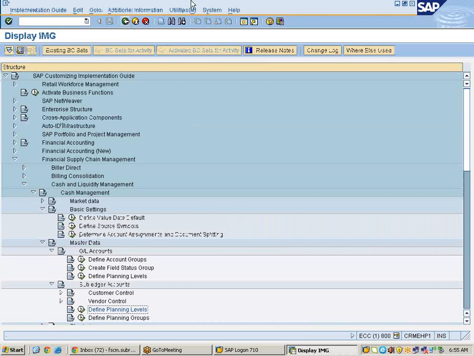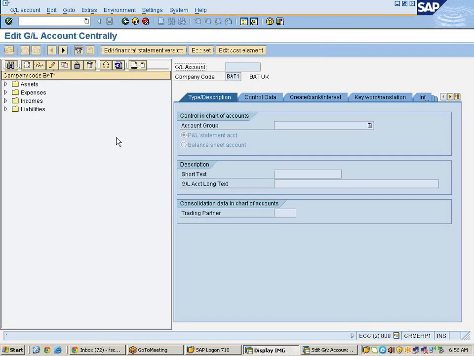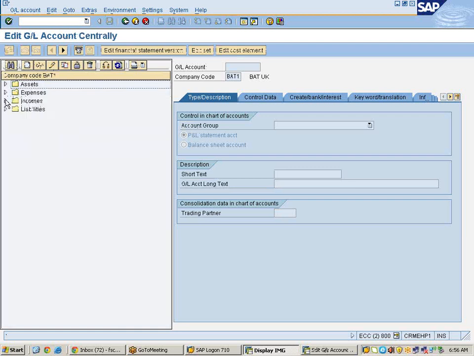Now let us come to the front-end application. Integrate these planning levels to the appropriate ledgers. Directly go to FS00. So come to expenses. Here purchase account is not there. We need to design it.